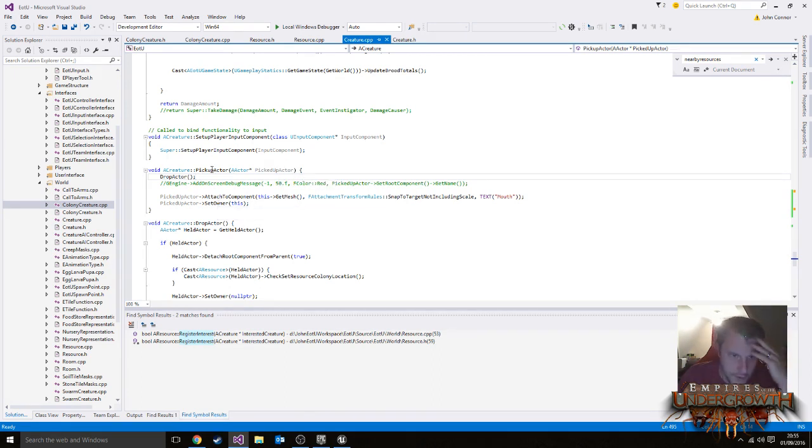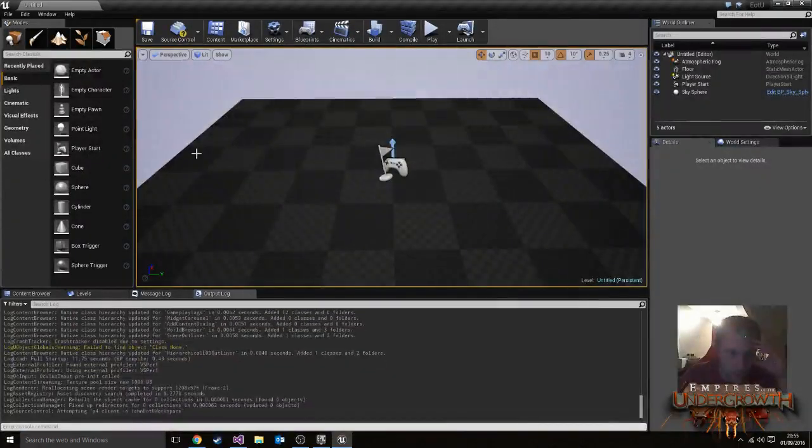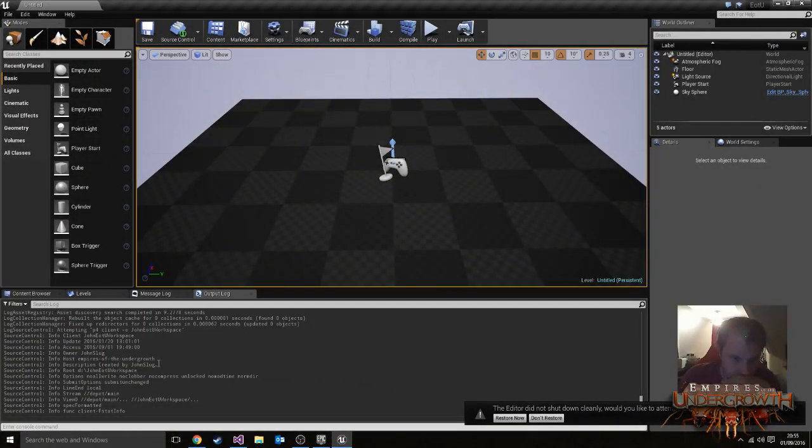So it's a function called pickup actor, which all it does